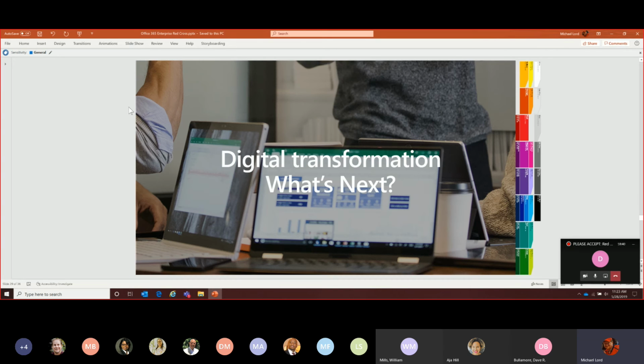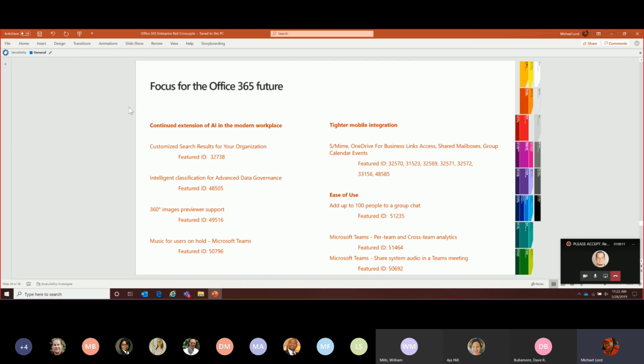Now, let's talk about ultimately digital transformation and what's next. We're going to dive a lot into roadmap items. We're going to dive a lot into how tools are used, what makes sense for the Red Cross, and ultimately how we work together to help determine what information needs to be configured or what needs to be rolled out in what context. So there are three general categories that I try to create to help kind of narrow this down.